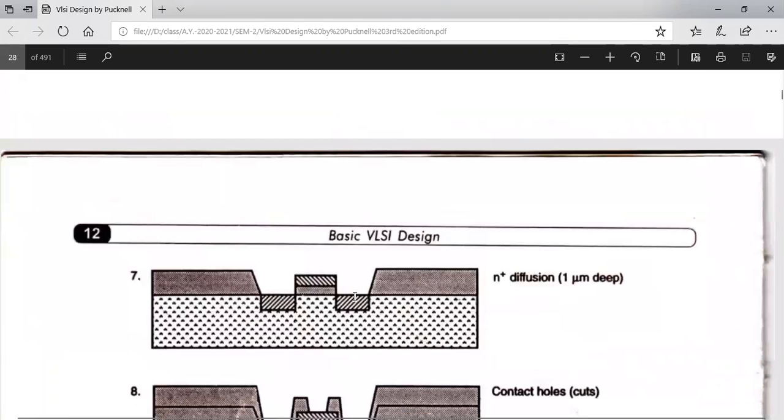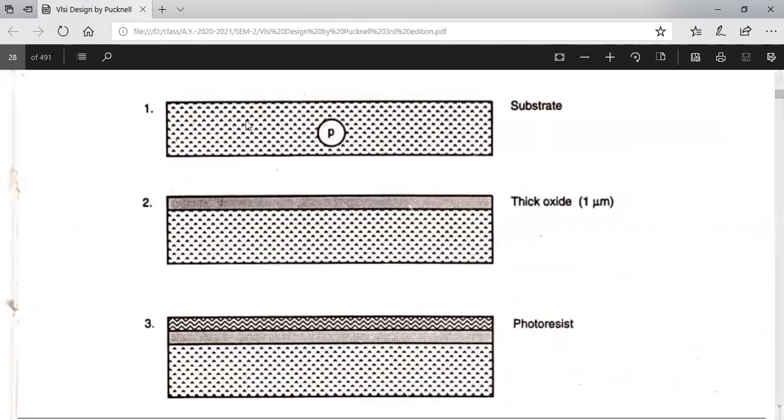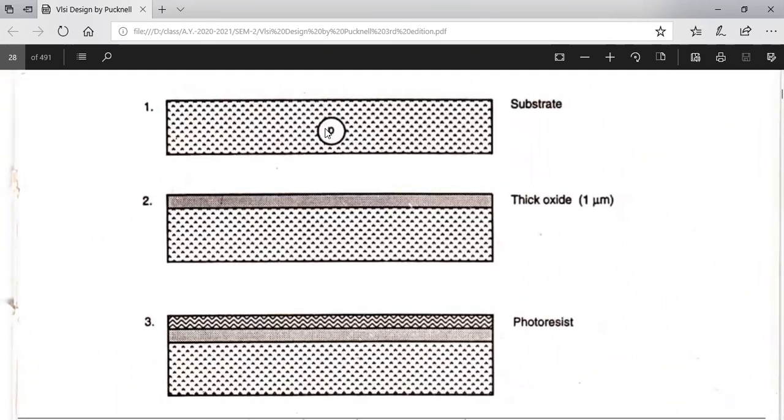But with the same figures, we can analyze the PMOS fabrication process also. Instead of P, you think this is N. In the first figure, in the circle you are seeing P. Instead of that, you think of it as N. That means I have taken a silicon wafer die and made it a lightly doped N-type material, and over that I am once again forming a thick oxide, subjecting it to the oxidation process.